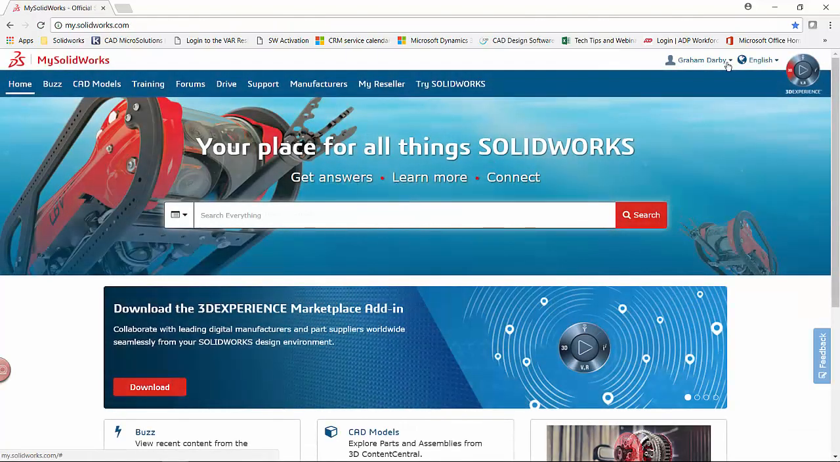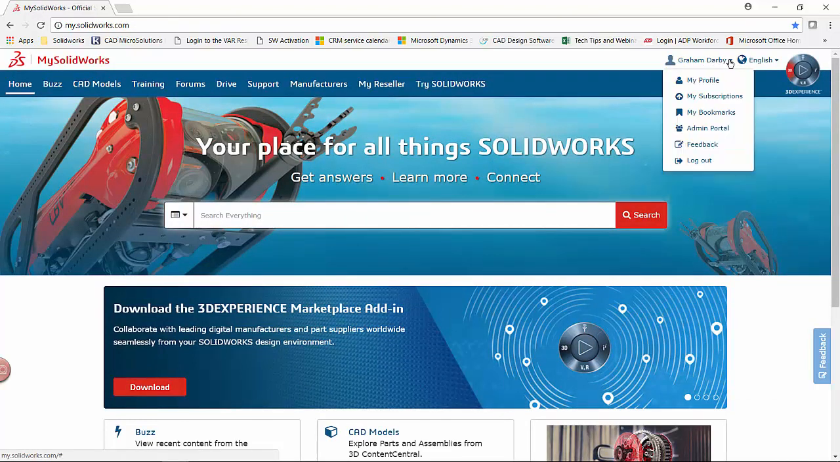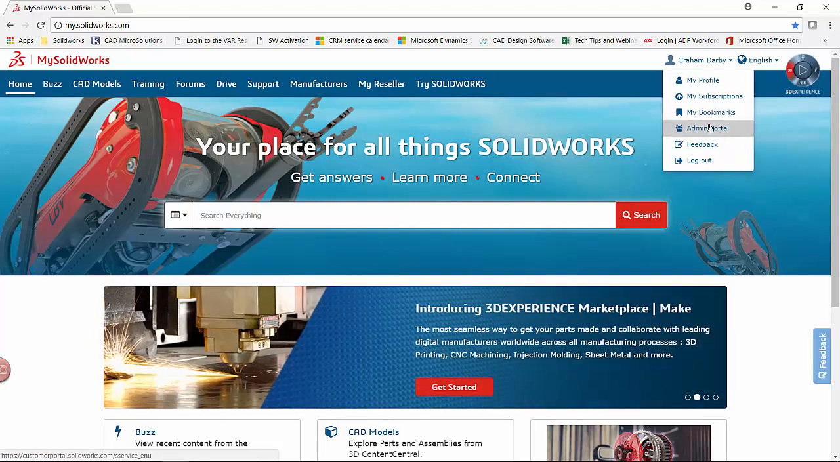Once you're logged into mySolidWorks, at the top right you'll see your name, and you'll have to click the arrow for the drop-down menu. From here, this is where you access the admin portal. If you do not have this icon, please contact your VAR and we will get this access to the admin